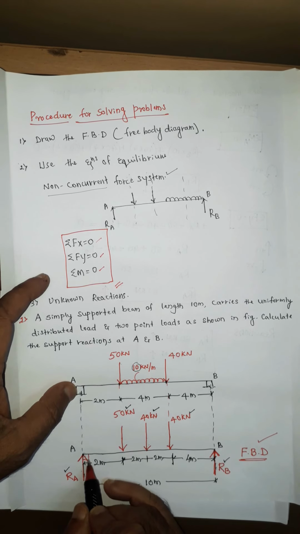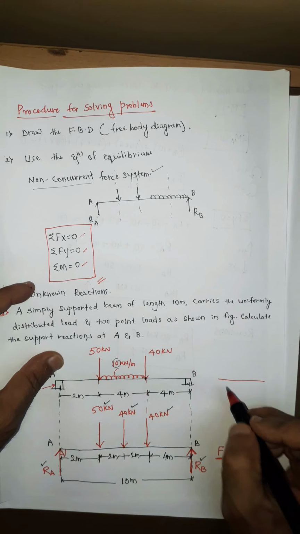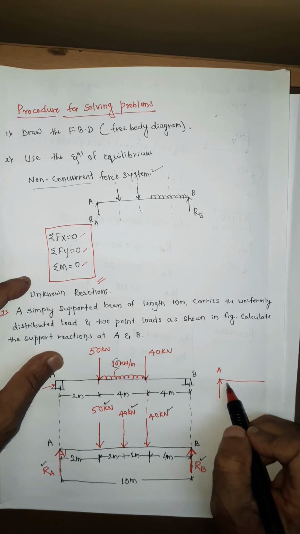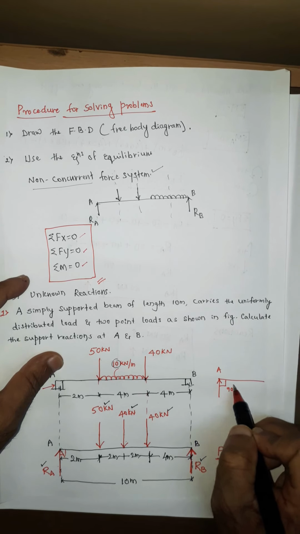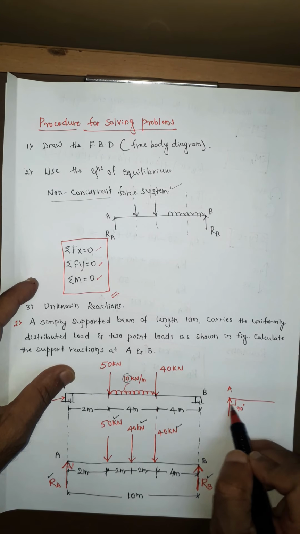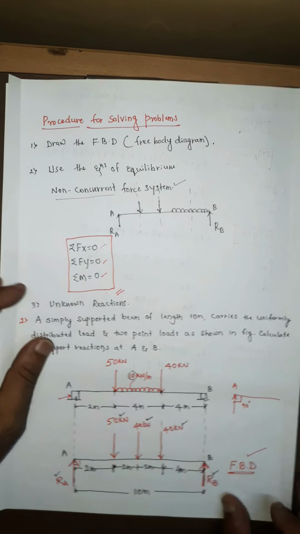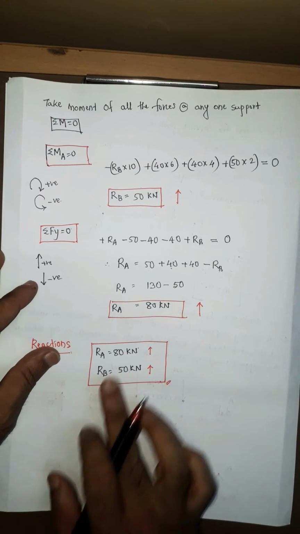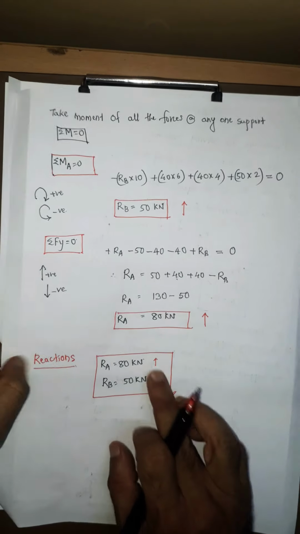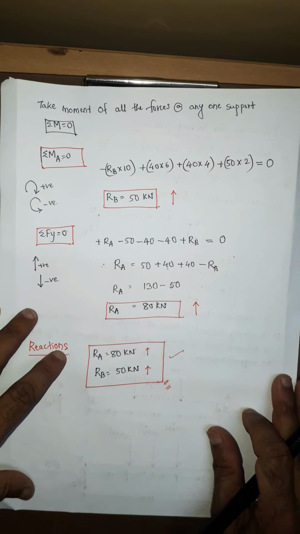Most of you have got confusion. Whenever the reaction is, suppose this is the end A, if the reaction is like this, the reaction will always be 90 degree. Remember, it is not 65, it is not 30. The reaction will always be perpendicular to the support. So this is what the problem was, finding out the reactions at supports, because a simple support means one reaction, that is RA and RB we have found out. So I hope you understood the problem.